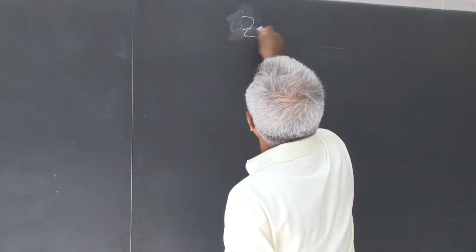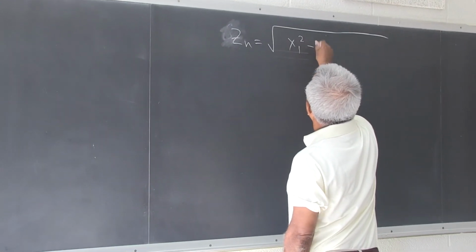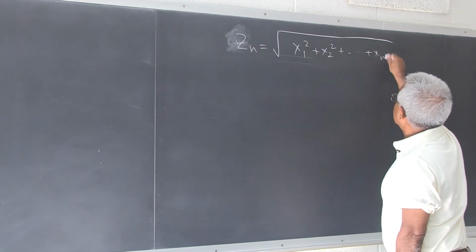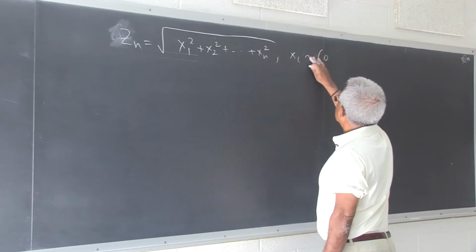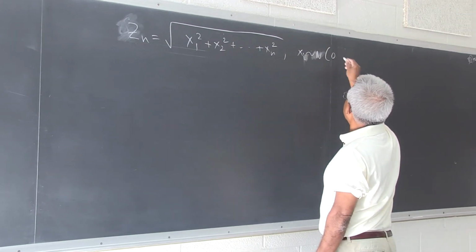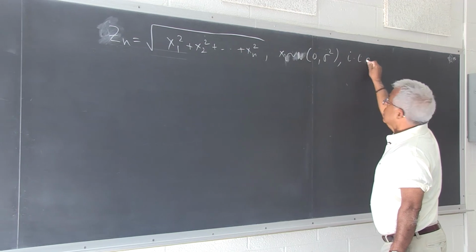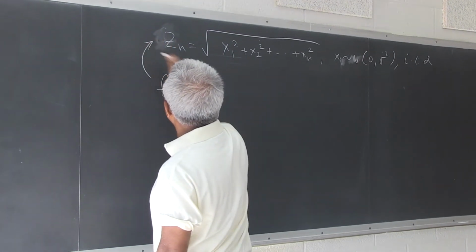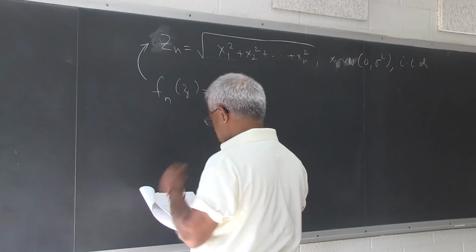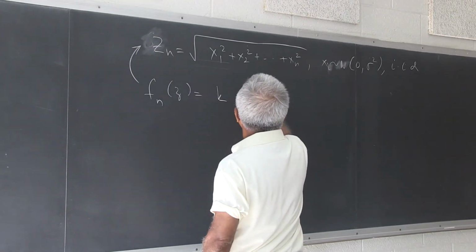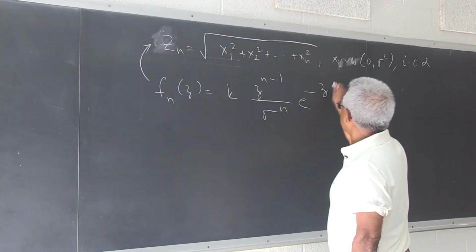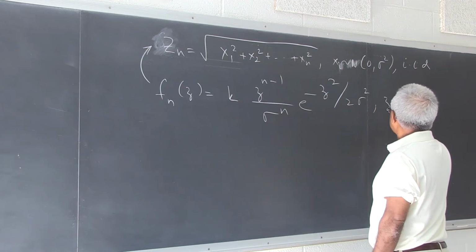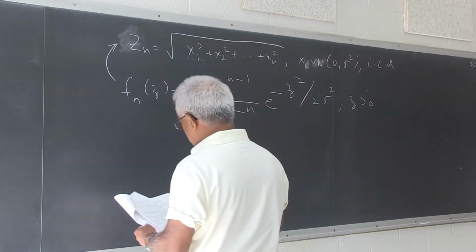So in summary, what we have shown is, if you have Zn, which is square root of x1 squared plus x2 squared plus etc. xn squared, where the xi's are normal random variables with zero mean and unit variance, the density function of this is of the form k z to the n minus 1 over sigma to the n e raised to minus z squared over 2 sigma squared for z positive, where k is